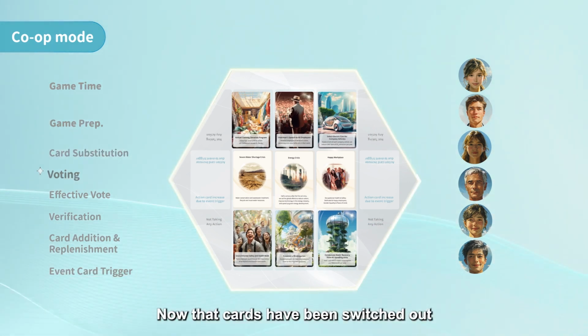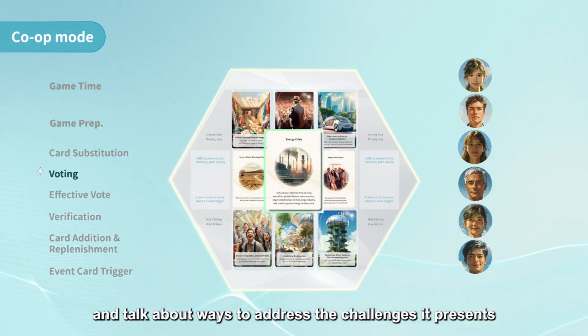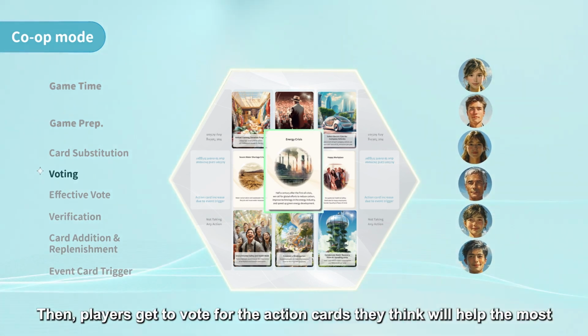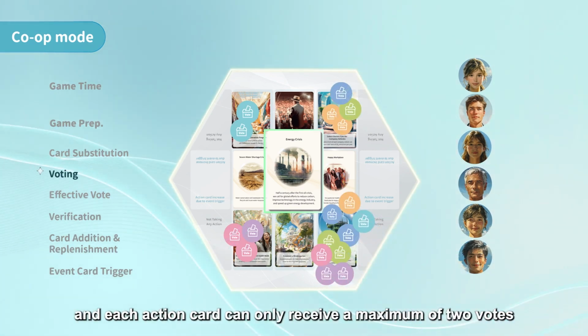Now that cards have been switched out, everyone gets to choose one of the 3 scenario cards and talk about ways to address the challenges it presents. Then players get to vote for the action cards they think will help the most. Each player has a total of 3 voting tokens, and each action card can only receive a maximum of 2